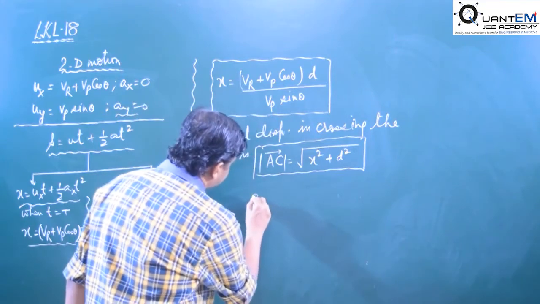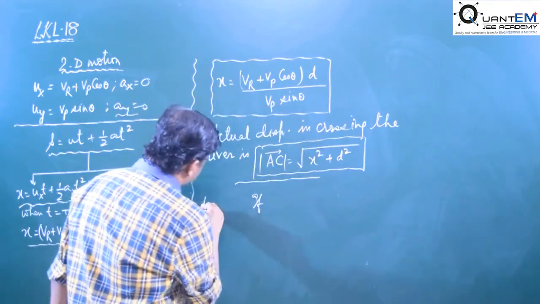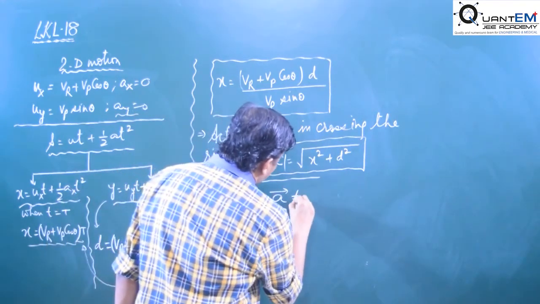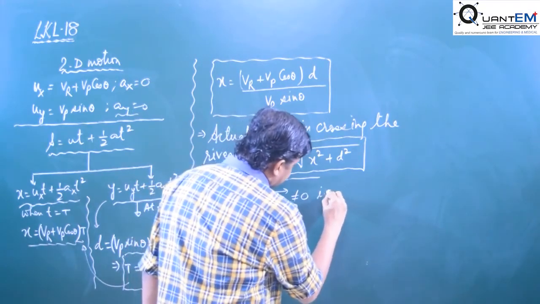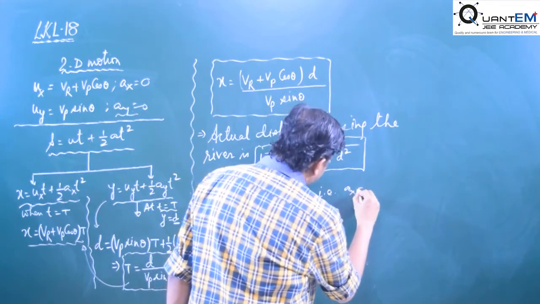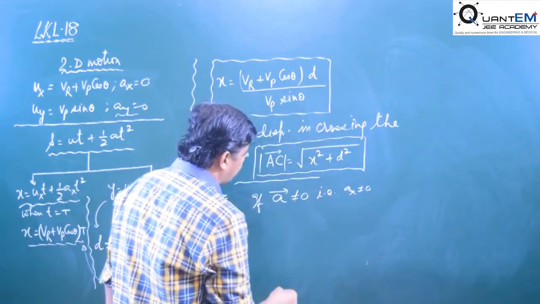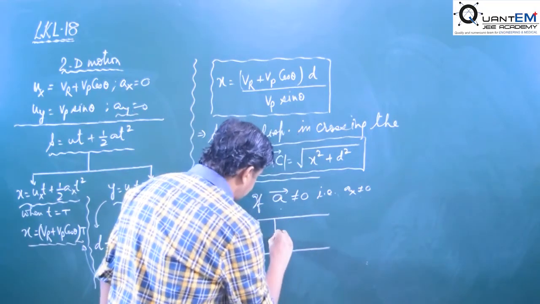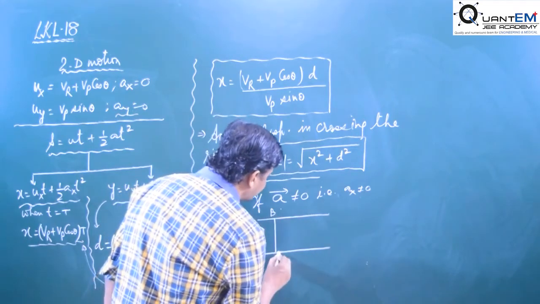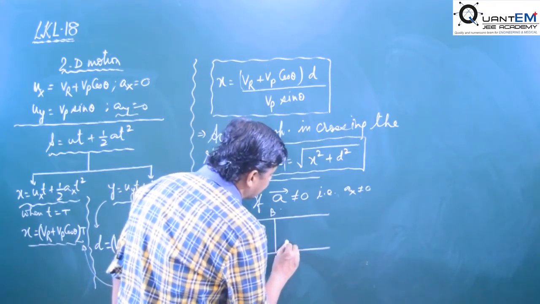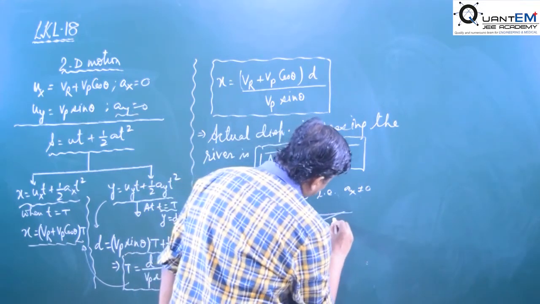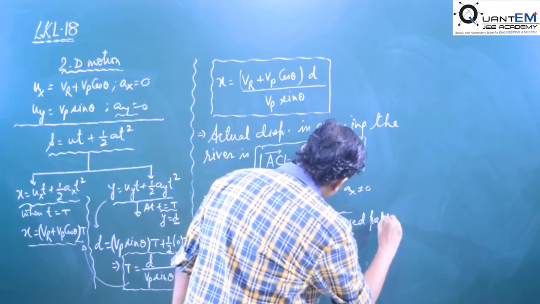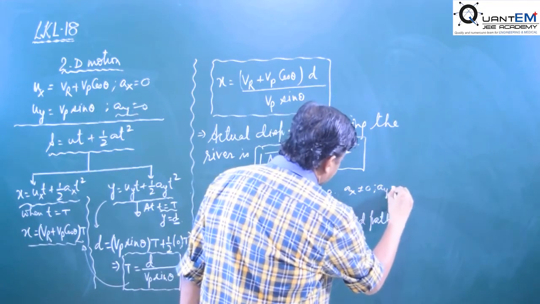Say if acceleration is not equal to 0, that is ax not equal to 0, we take only one part. In that case, the path of the particle will be curved, it will not be straight. It is a, it is b. In crossing the river, the particle will be moving like this. So that will be a curved path. The particle at that time will be tracing a curved path. Here ay we have taken as 0.